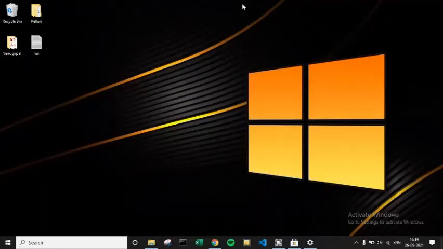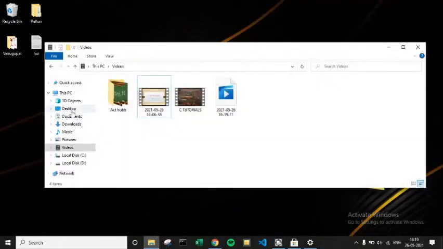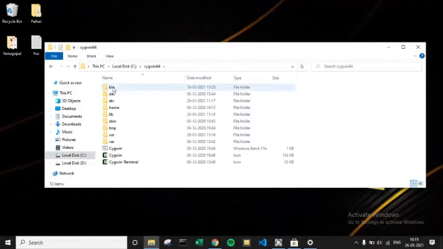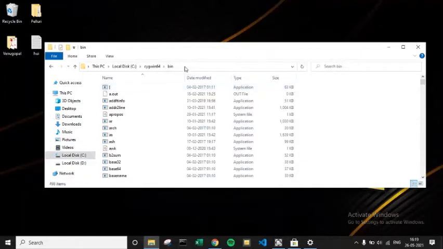Yes, guys, the installation took me really long, and hence I skipped that part. After that, just click on next and apply. Okay, and now go to your file explorer. You have to do one thing. Go to the local disk where your Cygwin64 folder is, go to that folder, click on the bin folder, and here you will see a path. Copy that path and go to This PC.